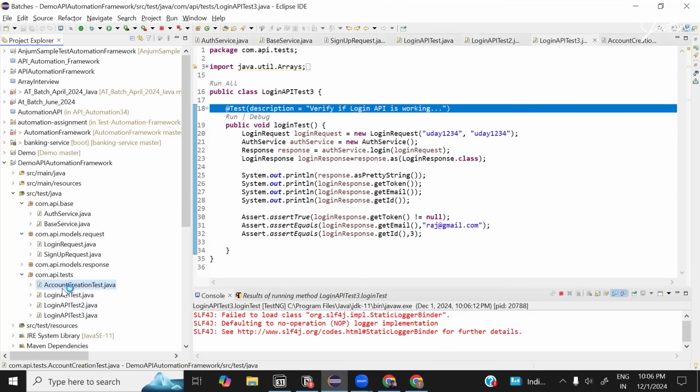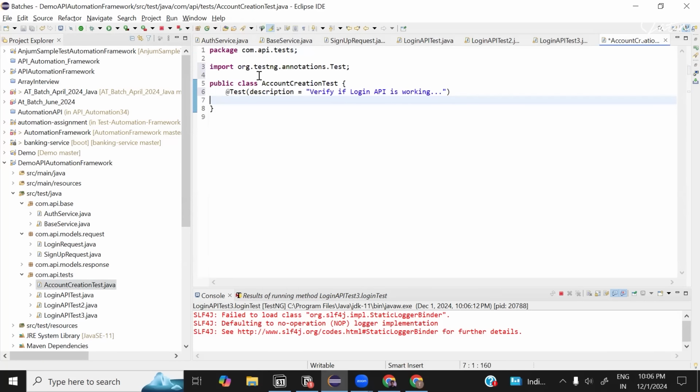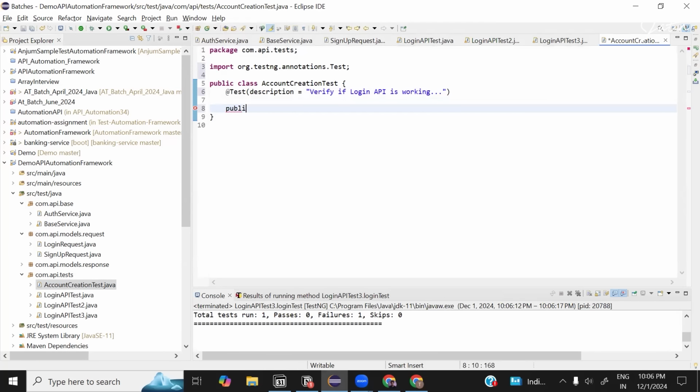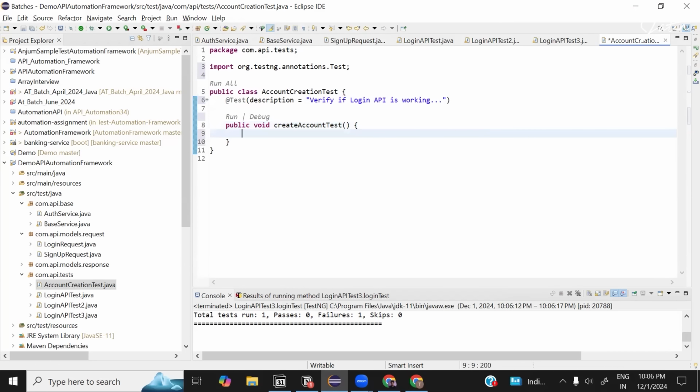Let's take this particular method only as a reference. Copy this. So it's a public void create account test. Now look carefully. Over here, what we want is,